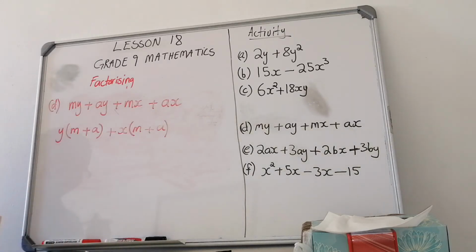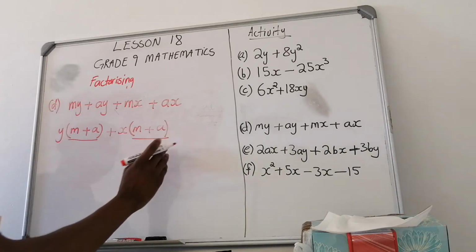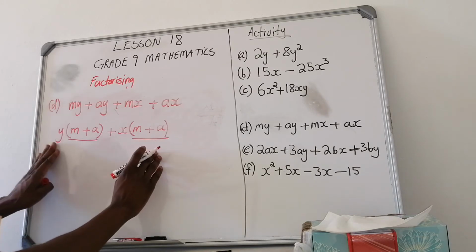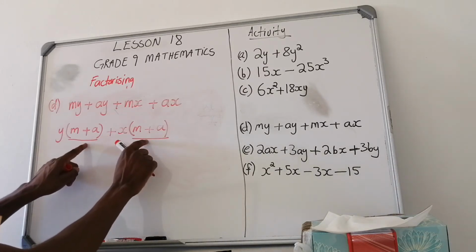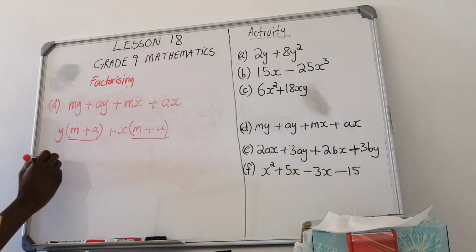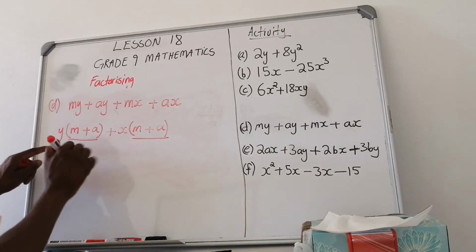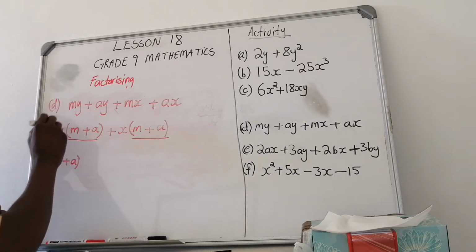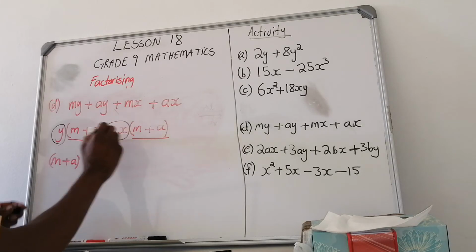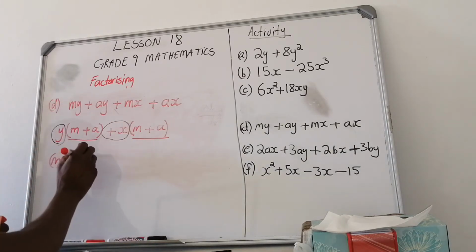Now, as you can see, this is now your new highest common factor, because we have two terms. This is one term, this is another term, and they all have that common factor. So if we factorize that common factor out, we put it in the brackets, and whatever is outside, which is this and that, can now be combined in one bracket,